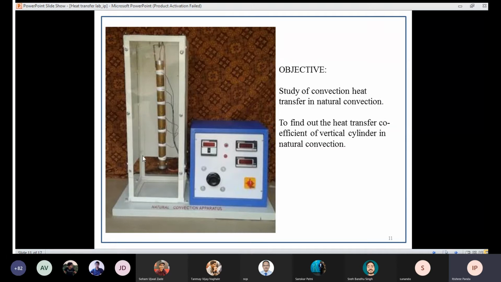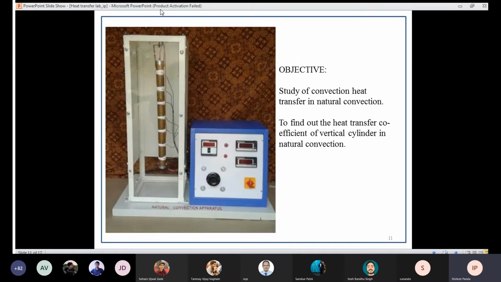The construction of it is such that it's open at the bottom and also open at the top. When you heat the rod, air will flow inside the enclosure and get heated, and due to buoyancy difference it will move to the top and get replaced by cooler air from below. So it is very important that you keep the top and bottom open.